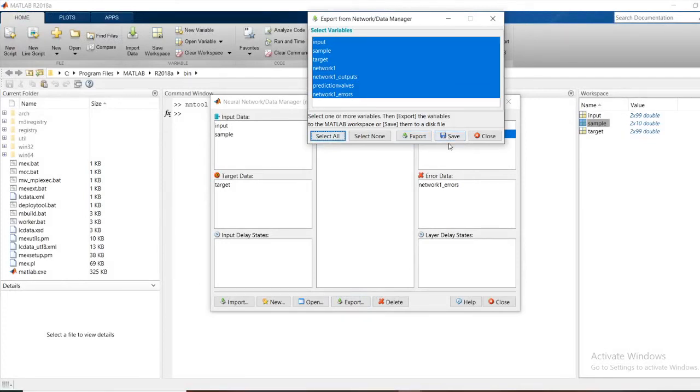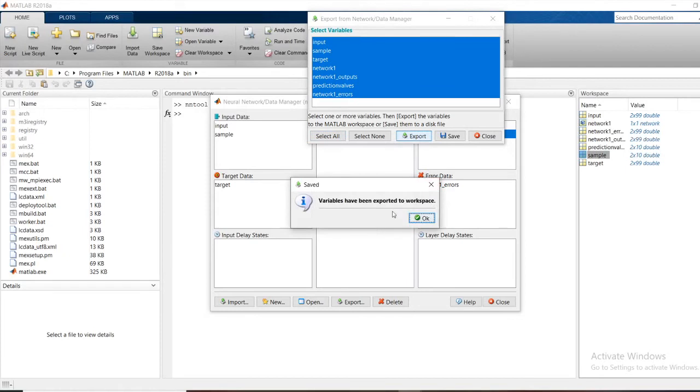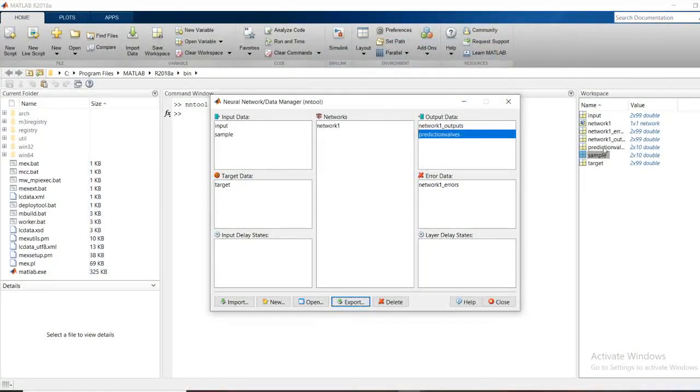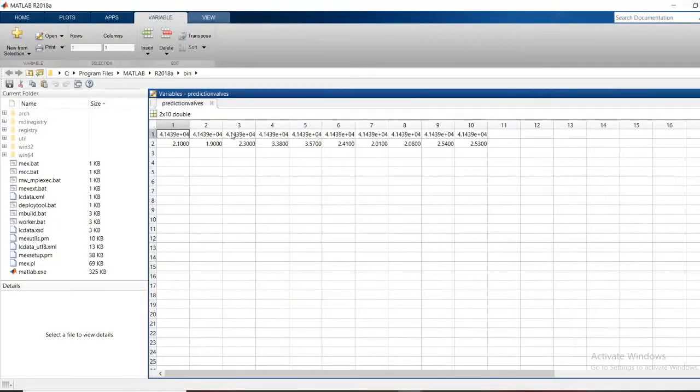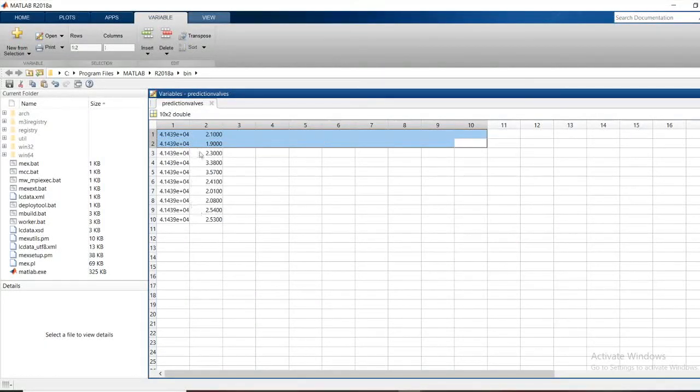If you want to directly save to your files on a drive, just click on save. But I want to save in my workspace, so I will give export. All the variables have been exported to the workspace. OK. Now close this and go to your workspace and click on your prediction values. The data has appeared here, and select this. Transpose the variable from rows to columns. These are my predicted values.